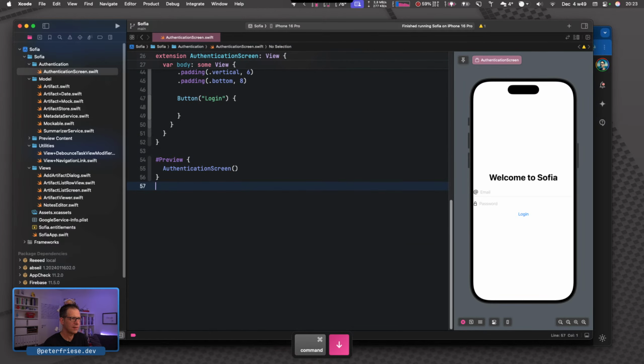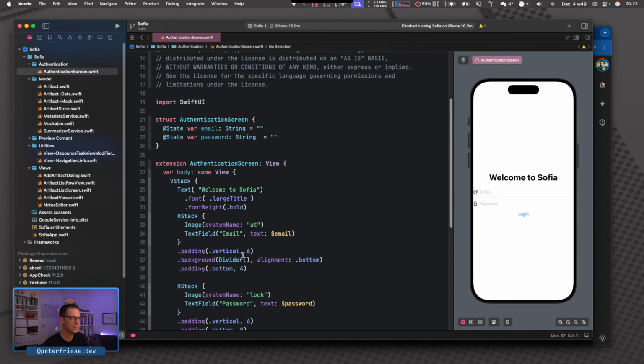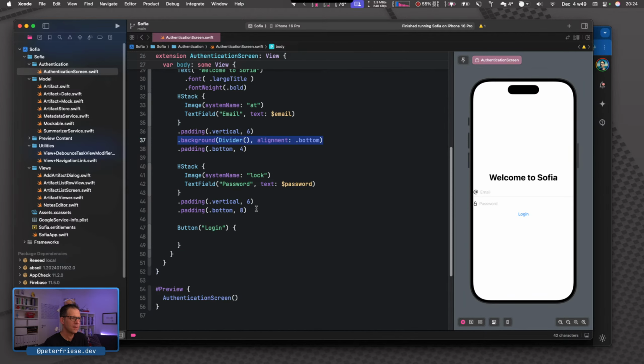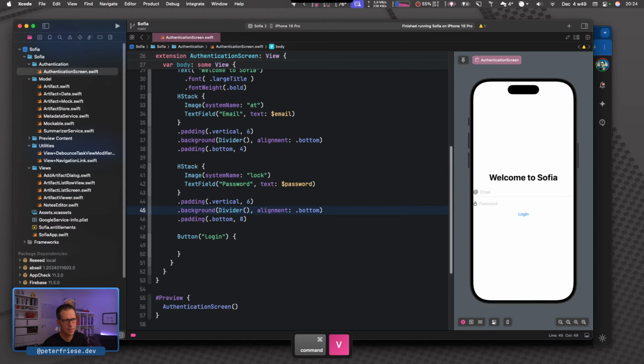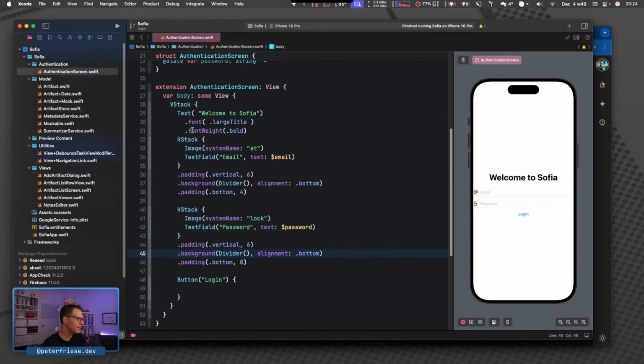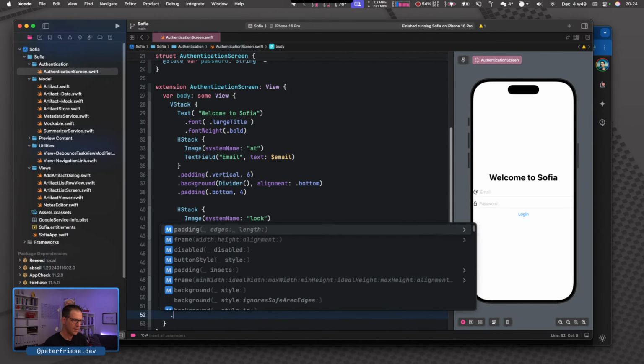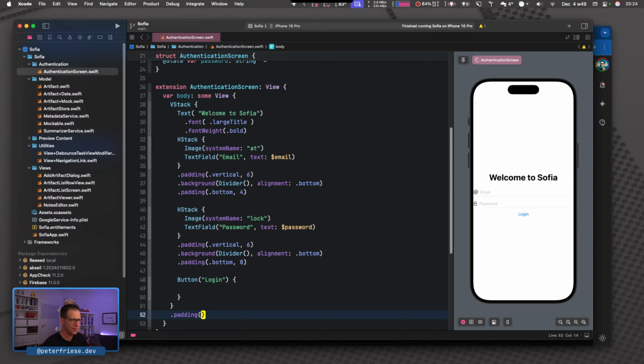Okay, great, that is what I wanted. All right, so this is starting to look like a form. And then we should probably have another padding for horizontal, like this. Okay, cool.